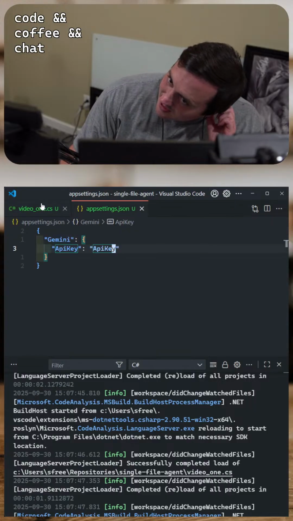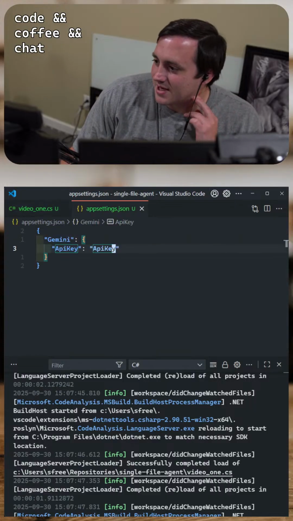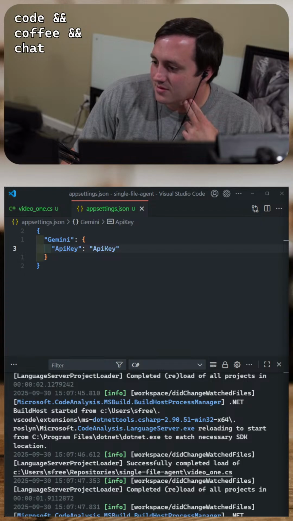Okay, in any event, somehow I need to get the app settings file. What's the best way to do that? I don't know.